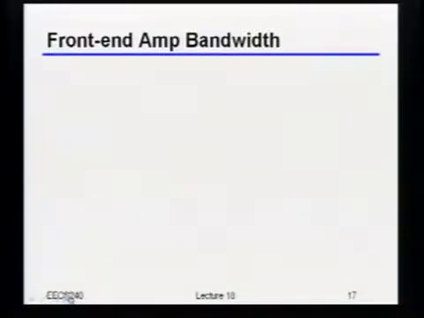The one last thing that most likely somebody who's looked at the project will come and ask me is, okay, fine, maybe now I know how to do the gain, but you didn't tell me anything about how much bandwidth you need. That's absolutely correct. I did not say anything about bandwidth, because you should be able to figure that out. The thing to keep in mind is, if I have this front-end amplifier sitting in front of that comparator,